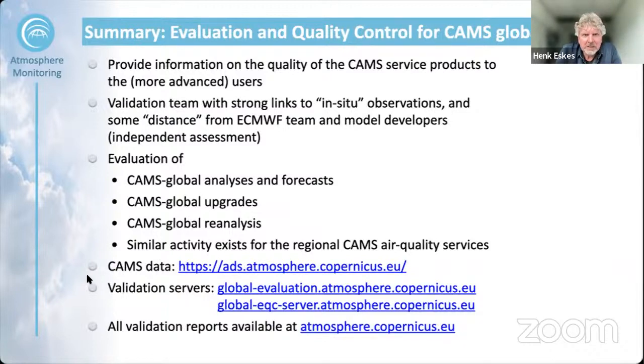We evaluate global analysis and forecasts. We also evaluate the upgrades, and I showed quite some details of that. And we also look at the reanalysis products of CAMS. Also to mention that a similar type of activity exists for the regional CAMS air quality services. I didn't show any results there, but you can also find those evaluation results on the